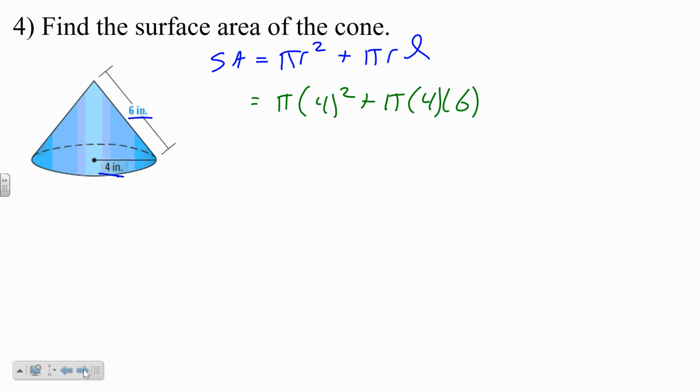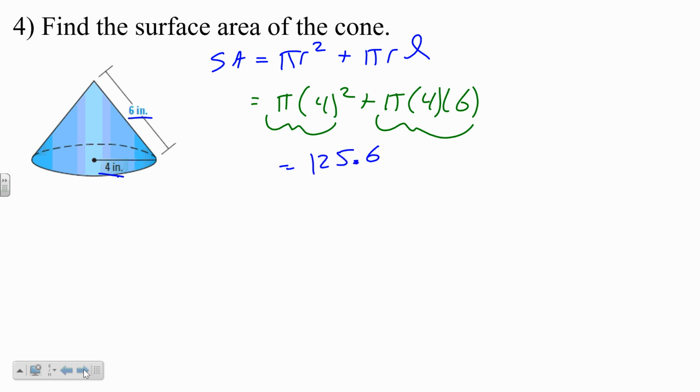Now again, you could do this differently. You could do this part and then this part if you wanted to, and then add them. That might not be a bad idea. You can also put this all in your calculator. You just have to make sure you're putting it in correctly. So pi multiplied by 4 squared plus pi times 4 times 6, even if you put it in with the multiplication symbols. So even if you just type in, like in my calculator, pi multiplied 4 squared plus pi multiplied 4 multiplied 6, your calculator knows the order of operations. So you can go ahead and do that. You end up getting